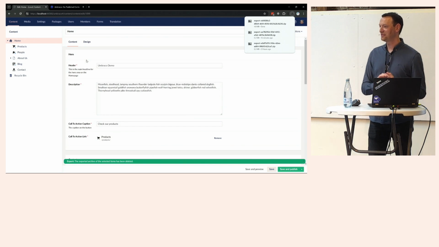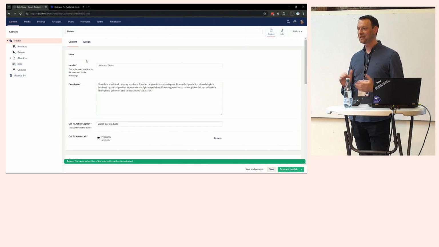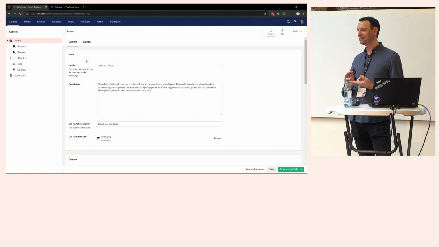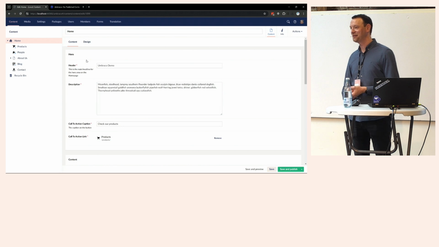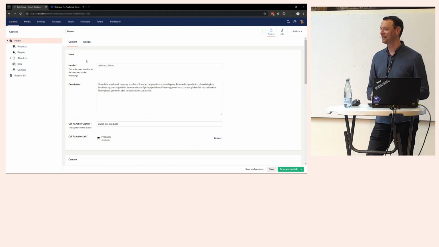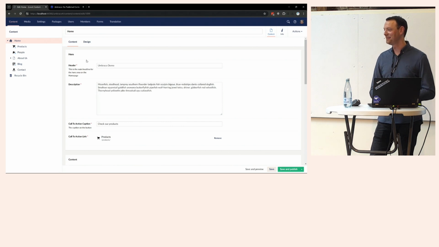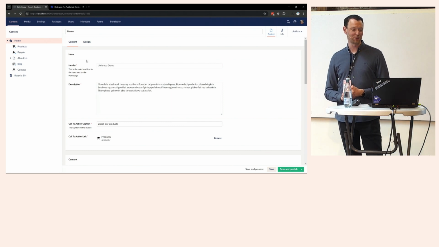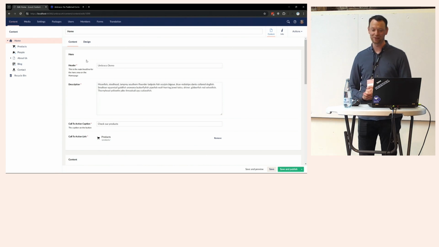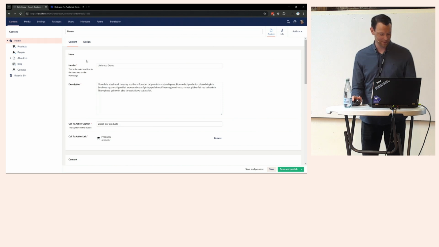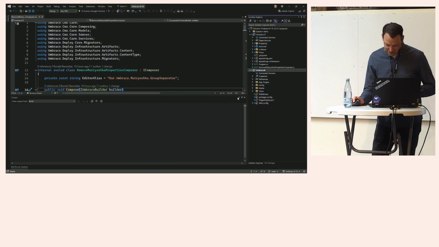If I wanted to import this into Umbraco 13, where the Matryoshka package is not available, then I can either choose to remove all the properties, and that can be done on the Umbraco 8 project, but then your editors will have a less than ideal experience just in that in-between period before going to a new version. And of course, you also need to re-implement and restructure your document type on the new version as well. So instead, you can write custom migrators,